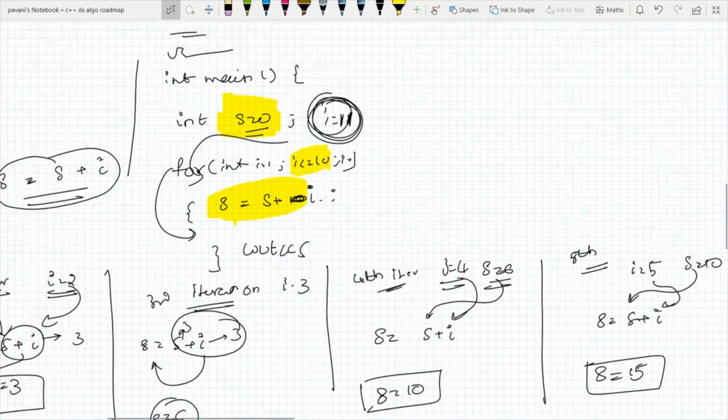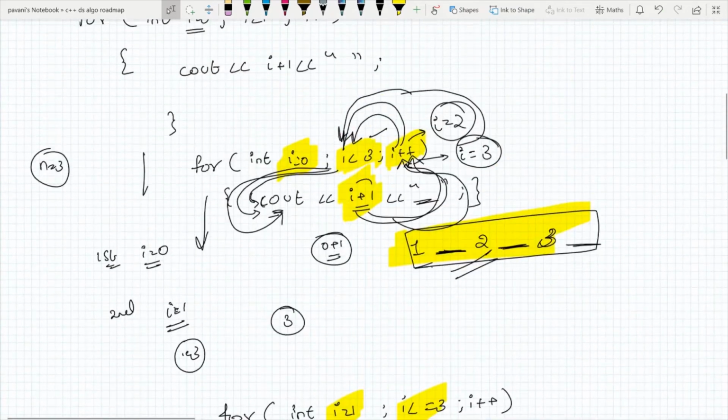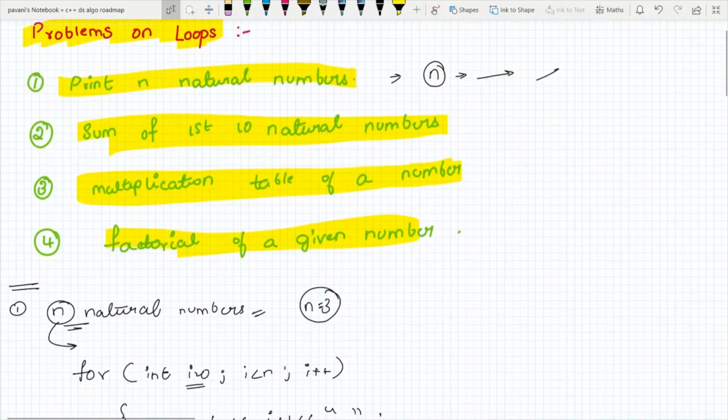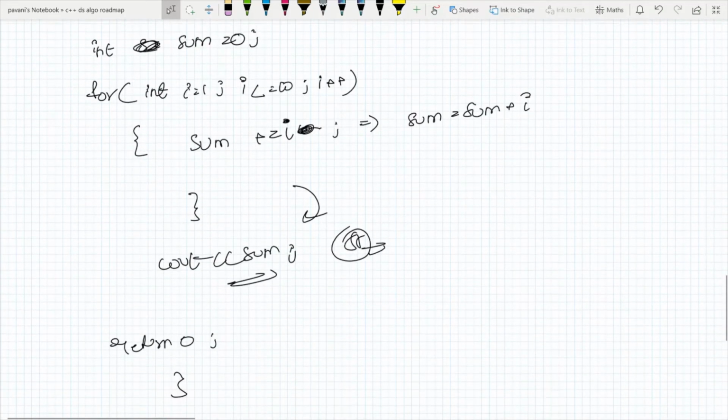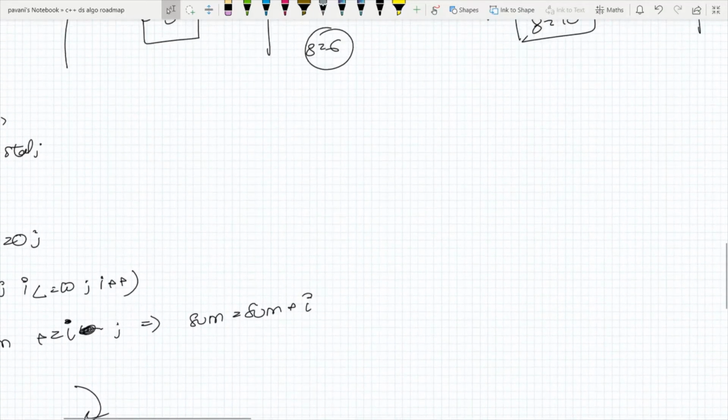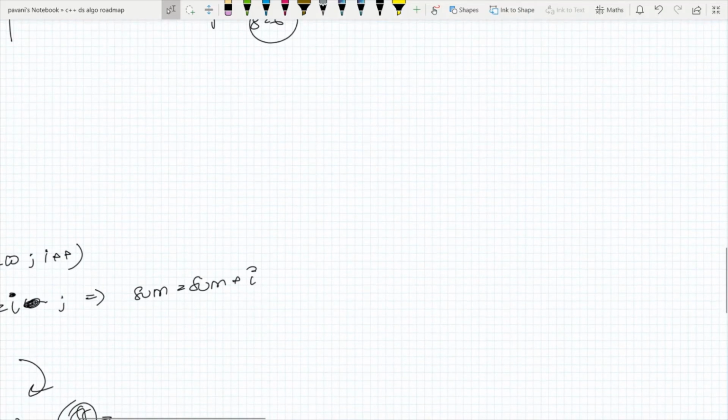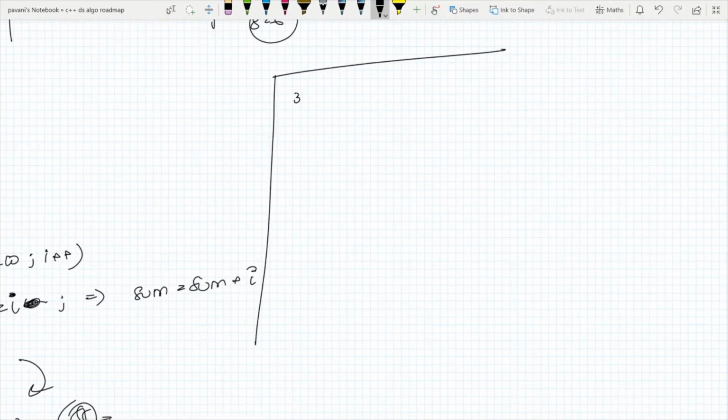And what is the next sum? Multiplication table of a number.